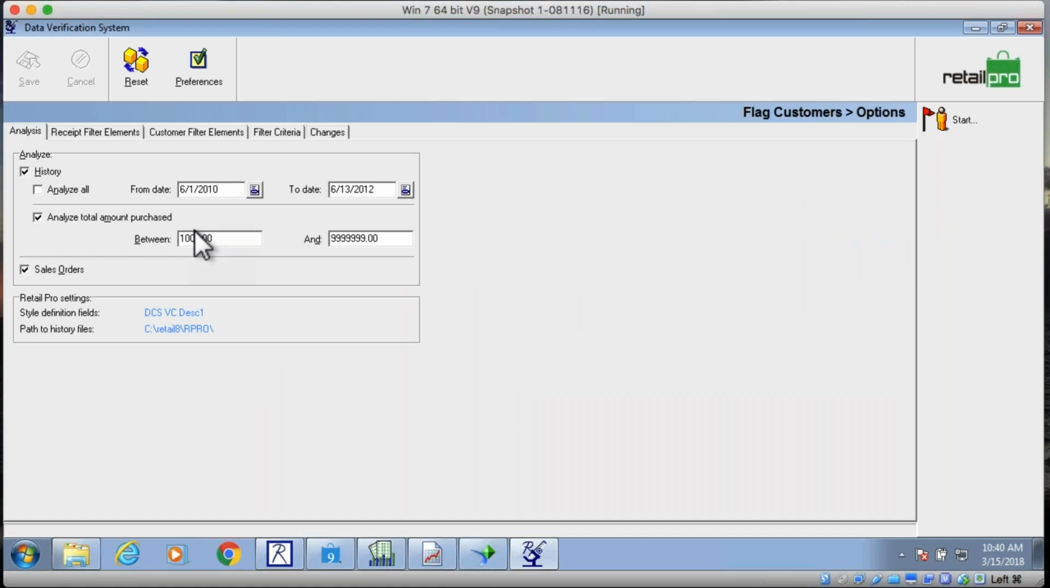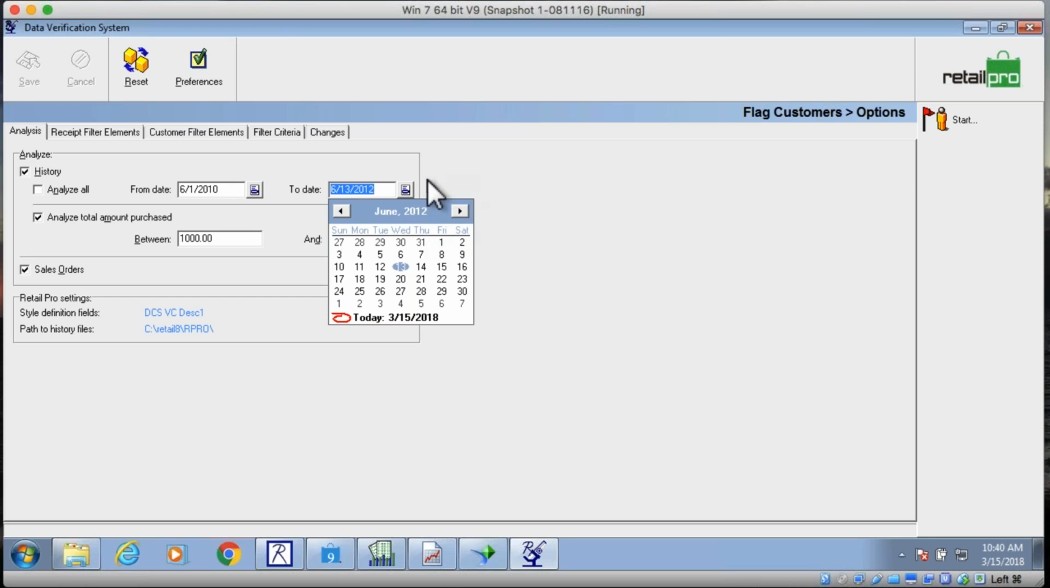So what this tool does, this tool reads the sales history, right? And then marks or flags the customer records, and then we subsequently would go look for those customer records and query them or export them or whatever, right? So let's just say that wow, that's really old. So let's say we